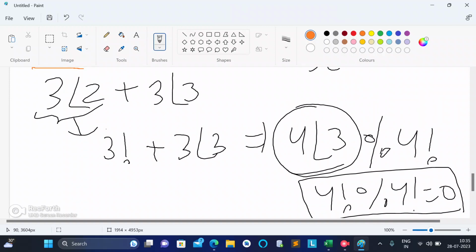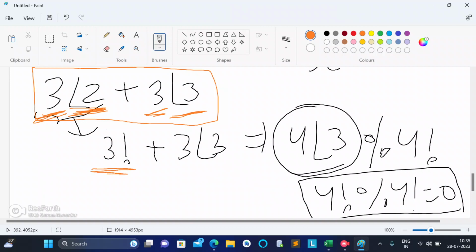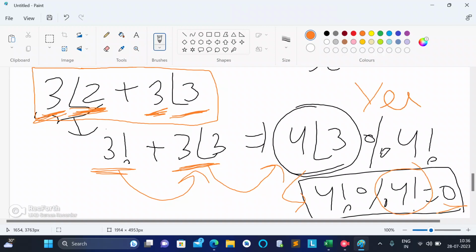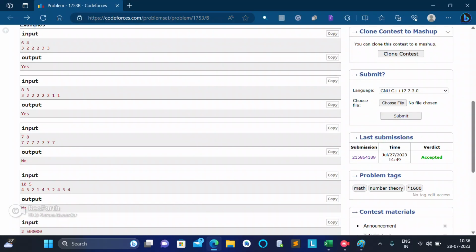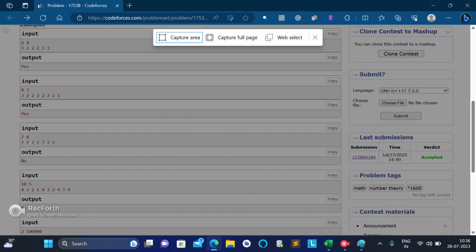The important point in this section is the statement I've written here, that 2 factorial is present 3 times and 3 factorial is present 3 times. So I can write 2 factorial, which is present 3 times, as 3 factorial, and the 3 factorial which is present 3 times I write the same, and then I combine both of them to get 4 into 3 factorial, and I know that 4 into 3 factorial is actually 4 factorial, which is divisible by 4 factorial. Therefore the answer is yes. Let's move on to another example, and we will analyze all the examples one by one,